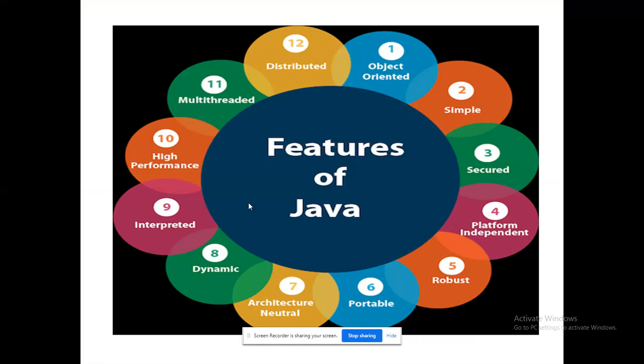And these are all the features of Java. Object oriented, which we have seen in the previous mind map. Simple. What is the term simple? The reason they use it as a feature is that people who are coming from structured programming should not feel it is difficult. That's the reason why they are using the term simple.